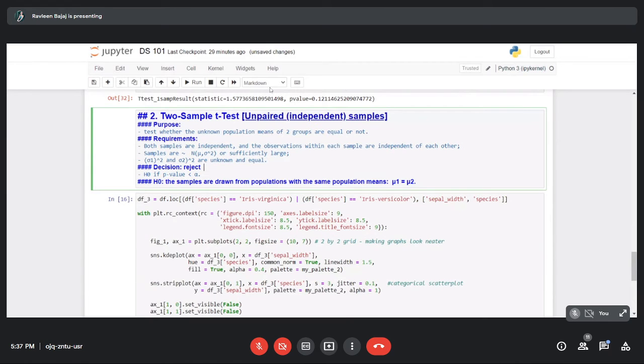I again changed this cell into markdown and then converted it into different headings to make it more readable and